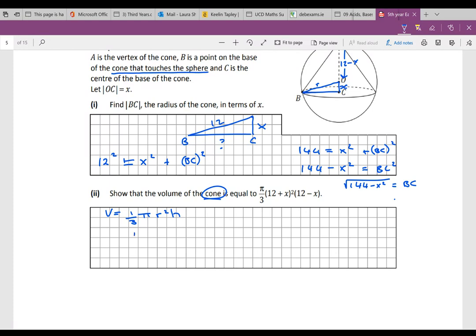So I've got 1/3 pi, 144 minus x squared, the square root of that, squared, times h, which of the cone I know is